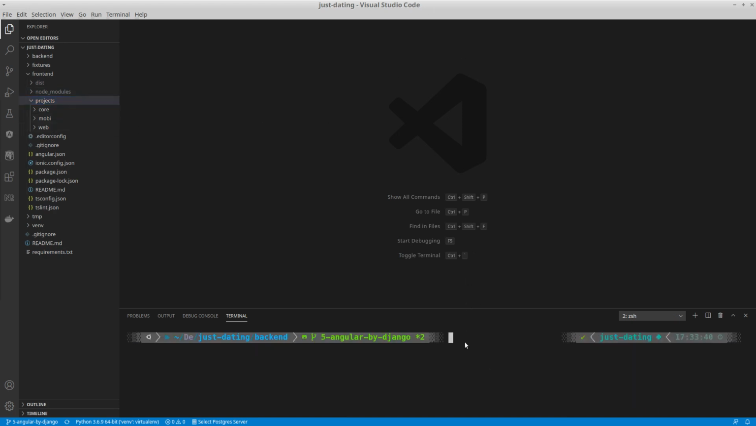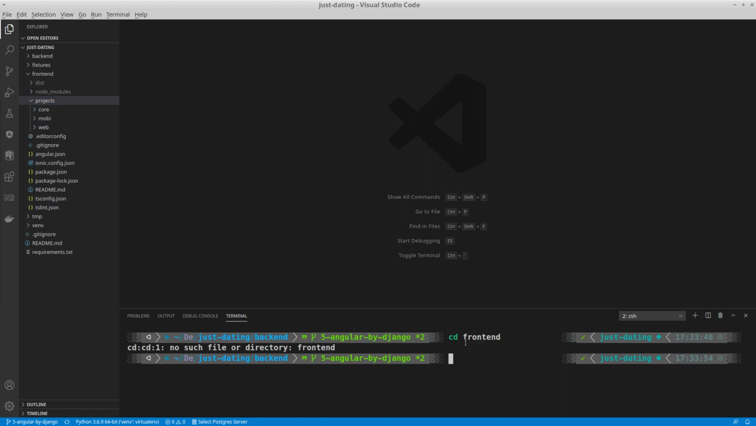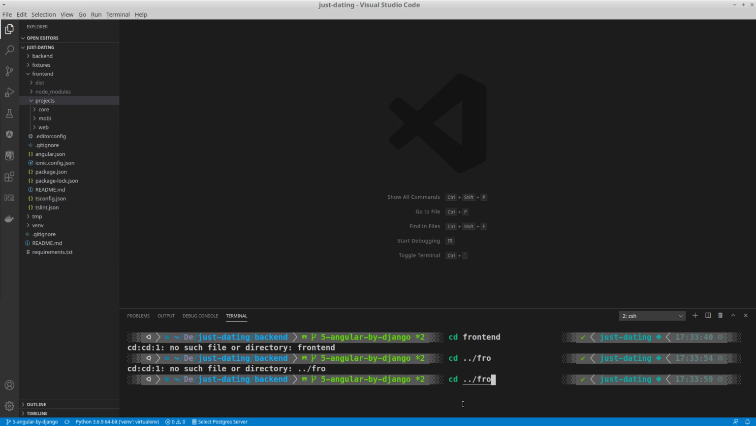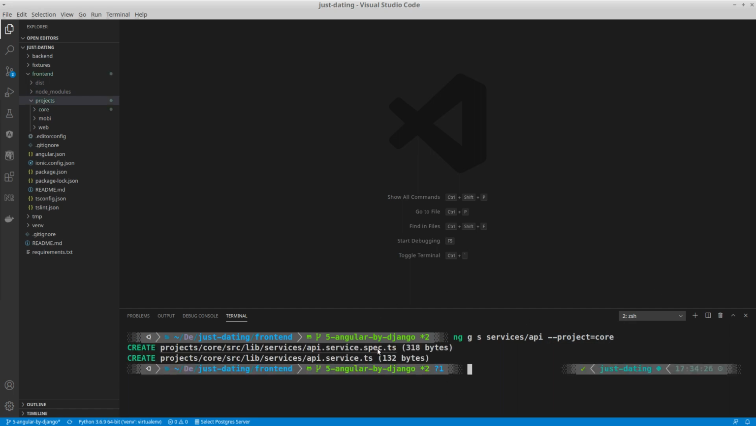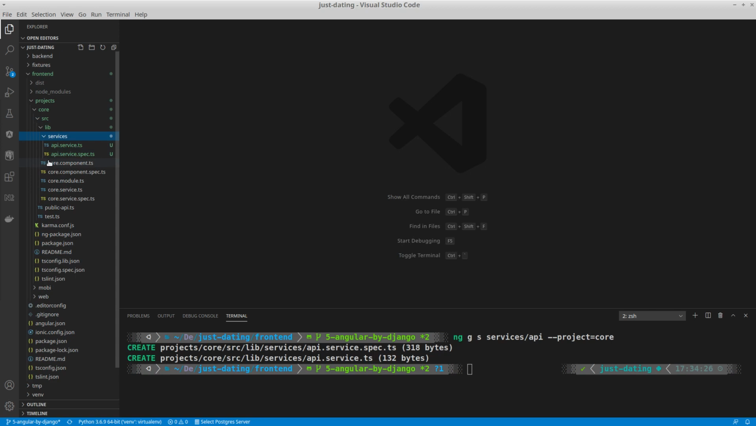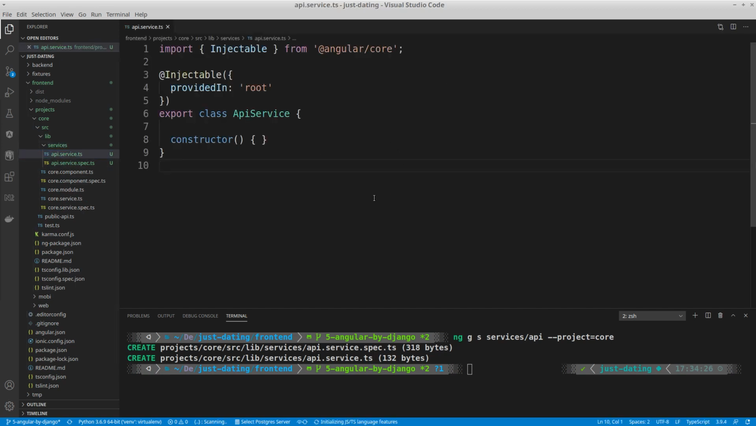So I opened another terminal, change my directory to Frontend. And using this command I create my first service in the core application. I mention this application by the project key. And now I see my service was created. I opened it in src lib services API service. It's just an empty class